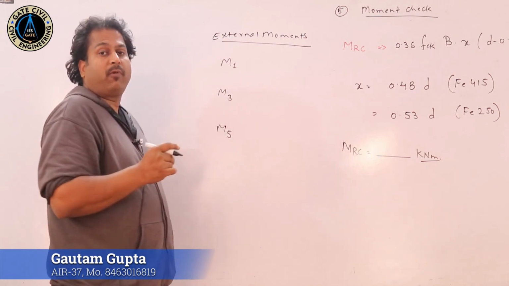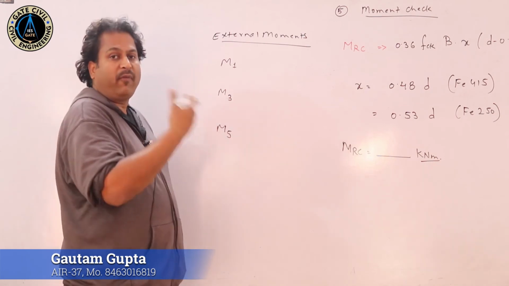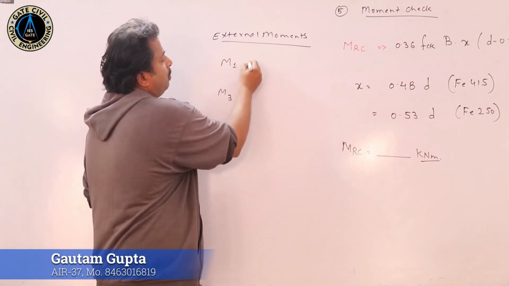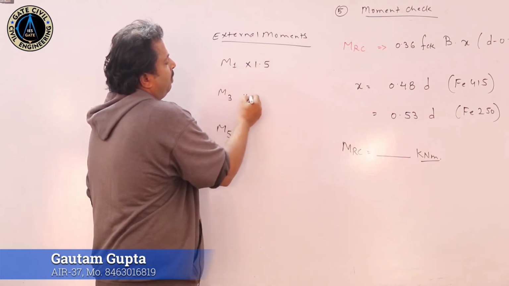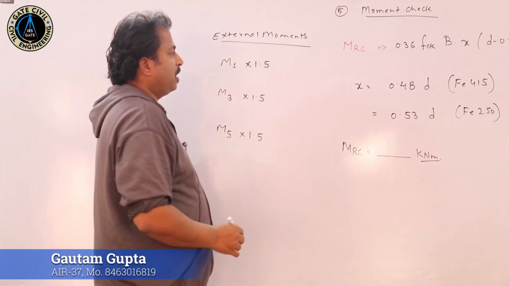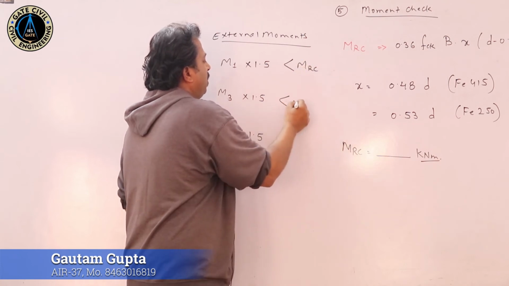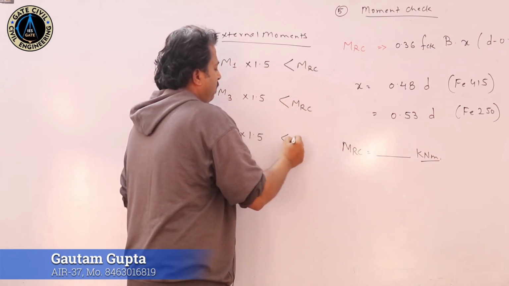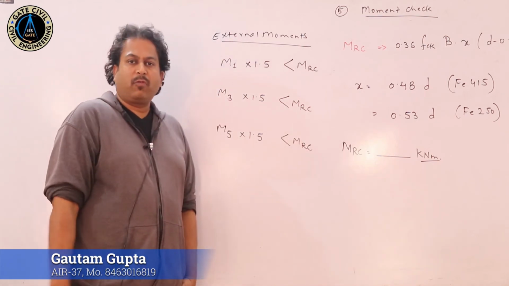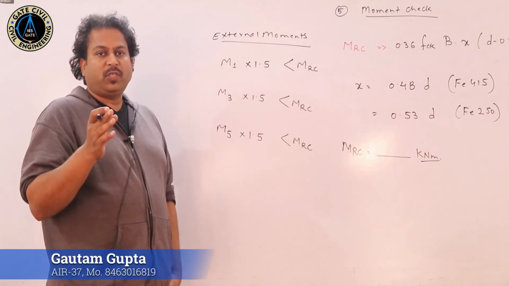But these external moments were unfactored values. So we have to multiply these moments with a load factor of 1.5. So this multiplied with 1.5, this multiplied with 1.5, this multiplied with 1.5. And these external moments should always be less than the MRC value that we have calculated. So if all of them are satisfying these conditions, that means we have provided a sufficient depth to take care